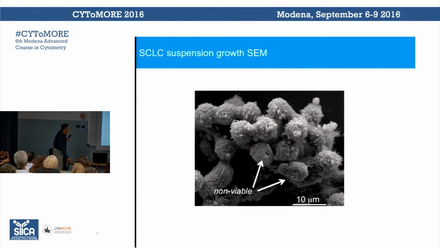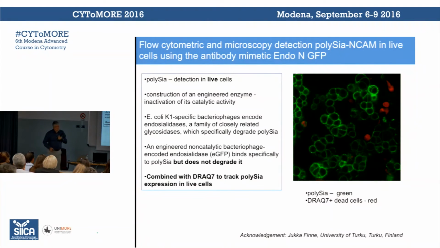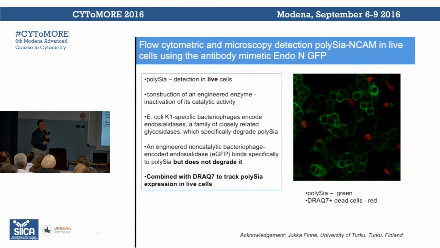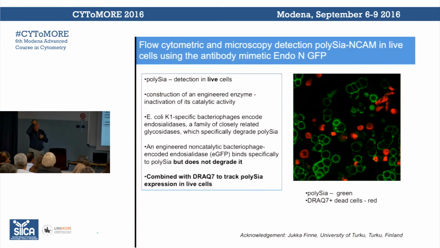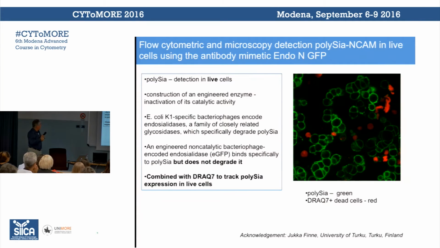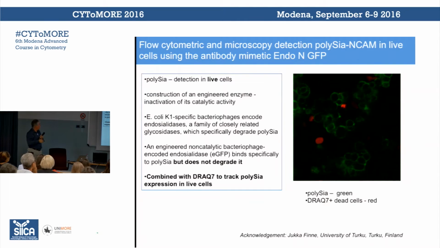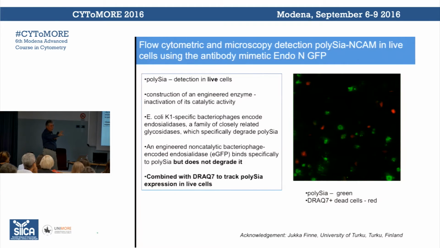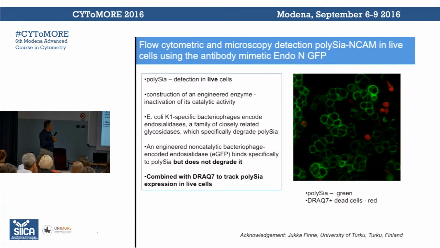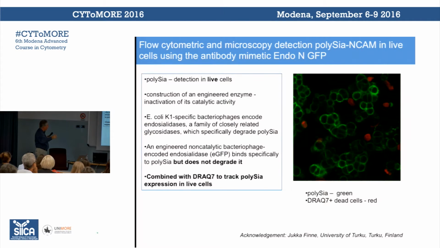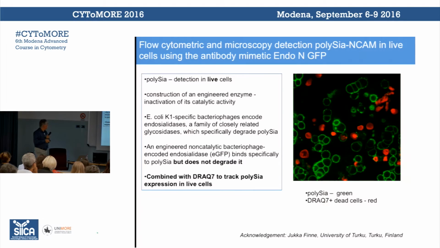If you look at a SEM, you can see the contacts between the cells. What we needed to do was have a new probe for polysialylation. And what we've used here is something quite different from usual. It's at least the same specificity, almost certainly higher than any antibody. And that's using an engineered non-catalytic bacteriophage endosialidase, one which is capable of cleaving surface polysialylated molecules. But in this case, it's been inactivated, so the active site binds, but it doesn't cleave. And this is a GFP-tagged bacteriophage endosialidase,